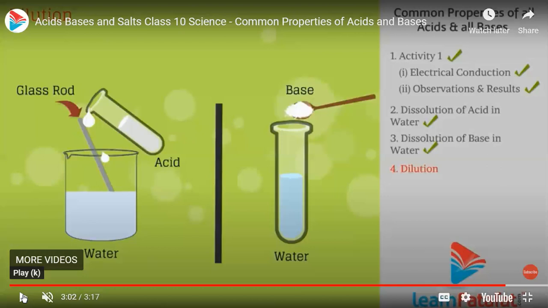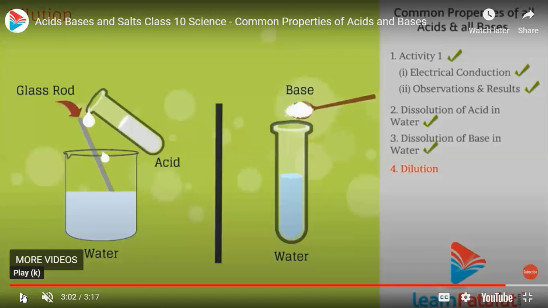Like suppose you have to prepare a sugar solution, a concentrated sugar solution. That means the amount of sugar will be more as compared to water. And if you have to dilute it, if you have to change the taste from sweet to an okay taste, then you have to add water to it, so that it doesn't taste too sweet. Okay, I hope I'm clear to you.